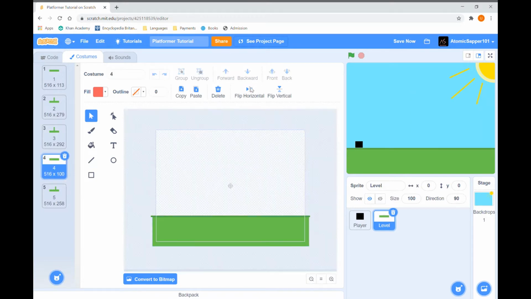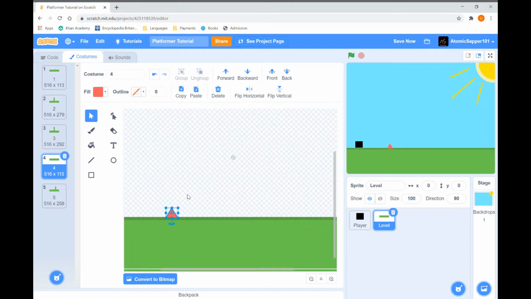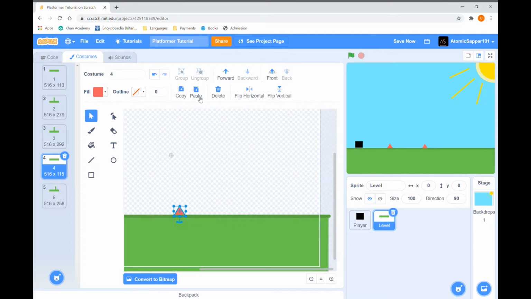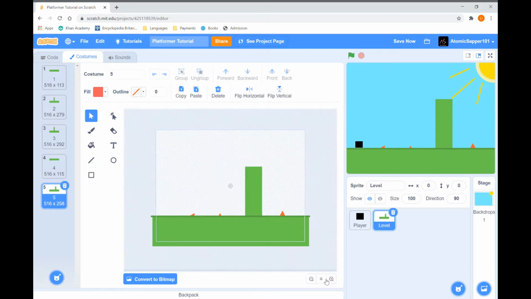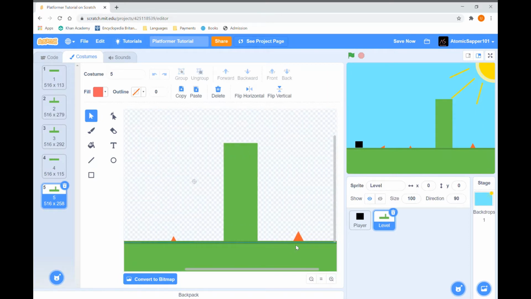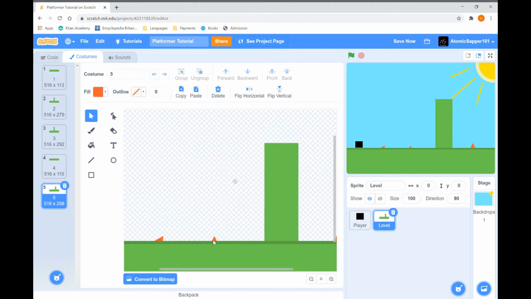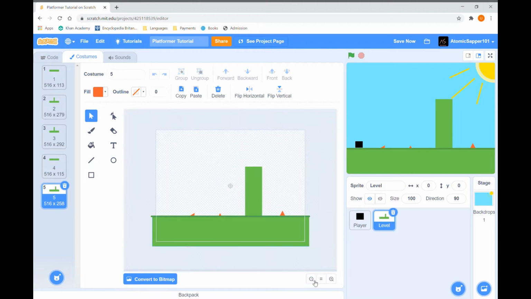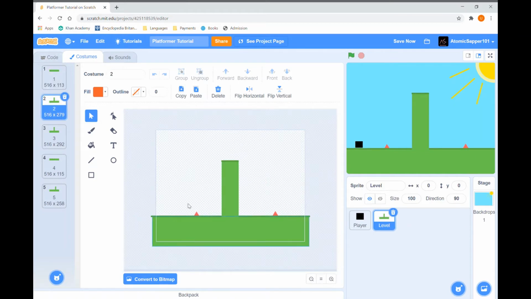And then I'm just going to make a spike parkour, I guess. And then I just made this level. Super easy. You can develop your own levels and add other obstacles, and if you want you can add something